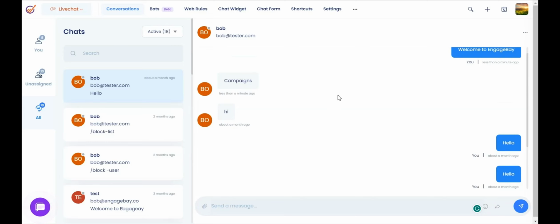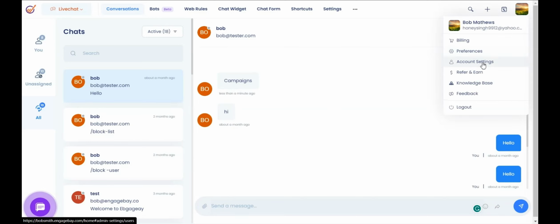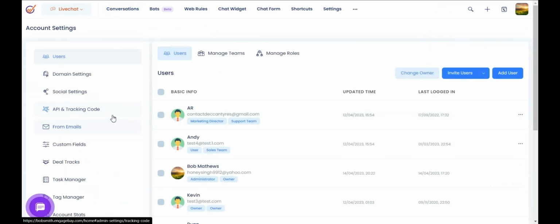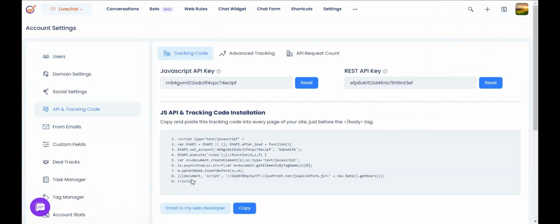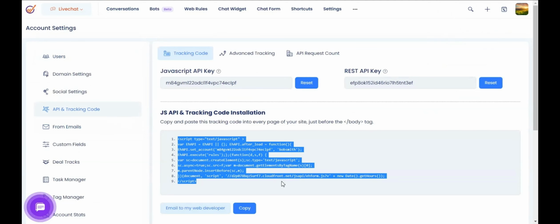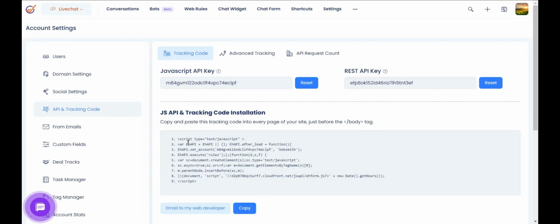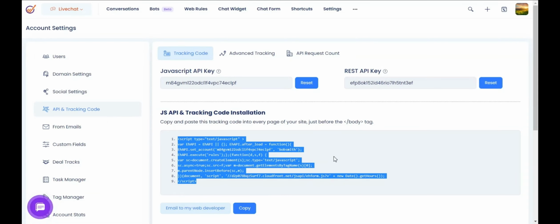All you need to do is, if it's WordPress, then the plugin that we have for WordPress. Once you install it, the chat widget would automatically show up on your website, or once you have the API and tracking code associated to your account added to your website, the chat widget would show up. All you'd have to do is, once you add the tracking code or install the plugin, just make sure you